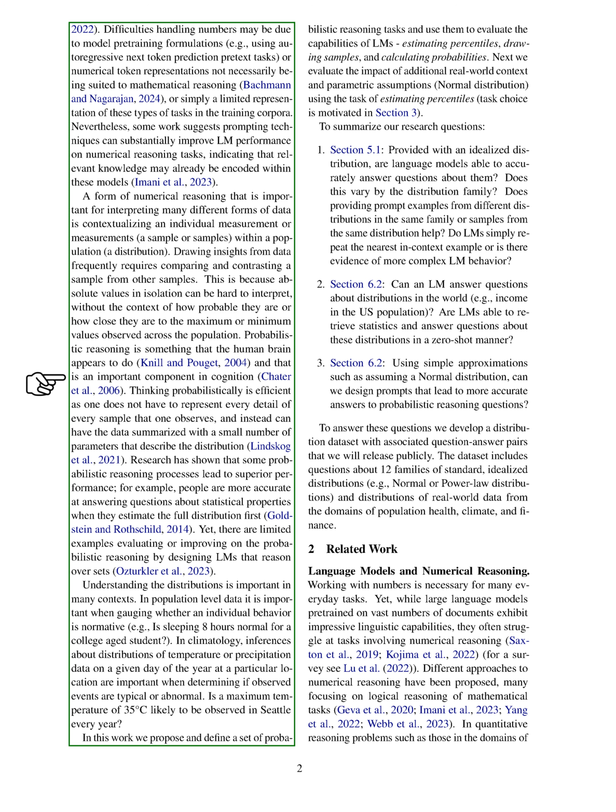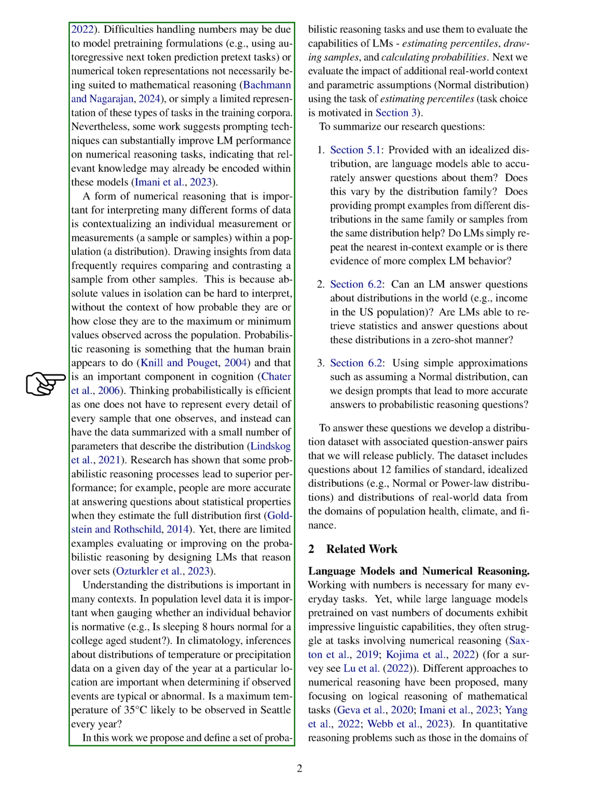One crucial aspect of numerical reasoning is contextualizing individual measurements within a population. Understanding how a sample compares to other samples in a population is essential for drawing meaningful insights from data. Probabilistic reasoning, which involves thinking in terms of probabilities, plays a significant role in cognition. It allows us to summarize data efficiently by focusing on key parameters that describe the distribution rather than every detail